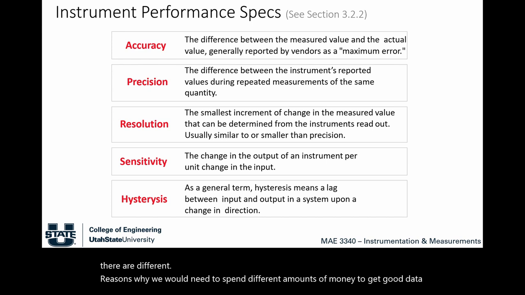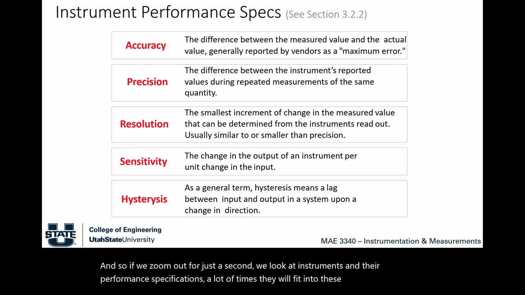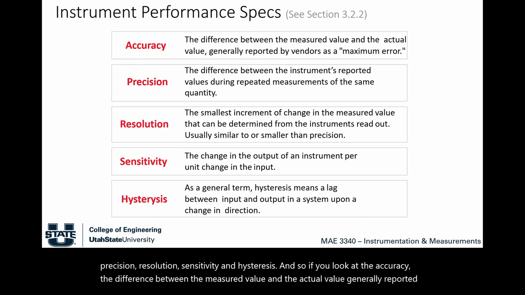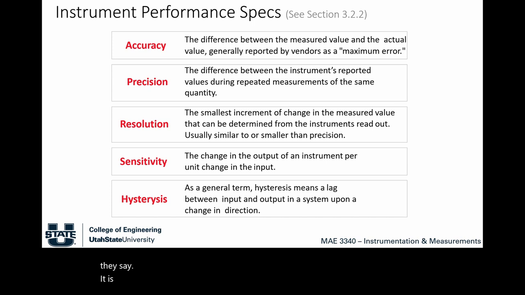And so if we zoom out for just a second, we look at instruments and their performance specifications. A lot of times they will fit into these categories: accuracy, precision, resolution, sensitivity, and hysteresis. And so if you look at the accuracy, it's the difference between the measured value and the actual value, generally reported from vendors as maximum error. So this is like if you buy a pressure transducer and they say it is good to 5% or 0.05%,